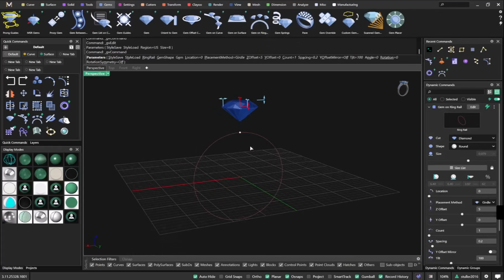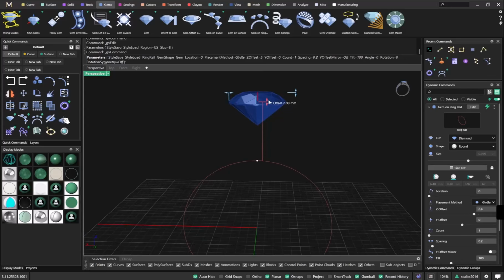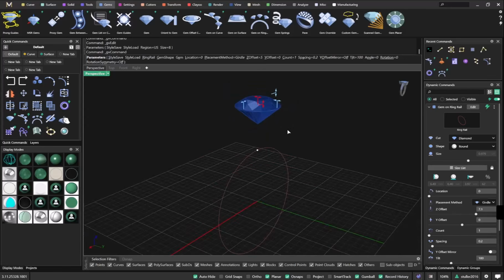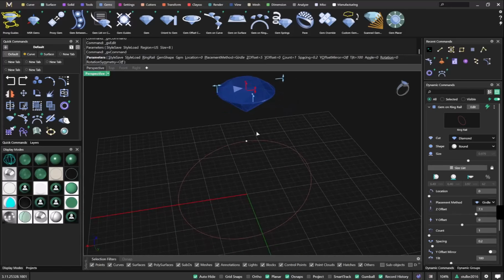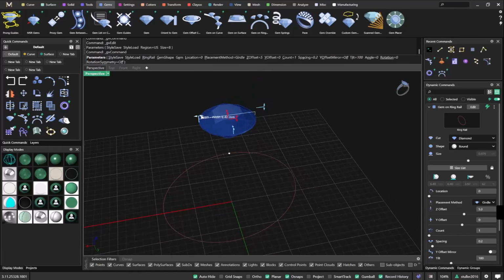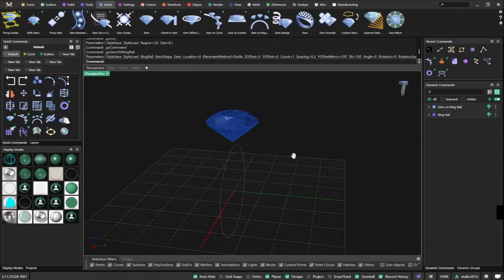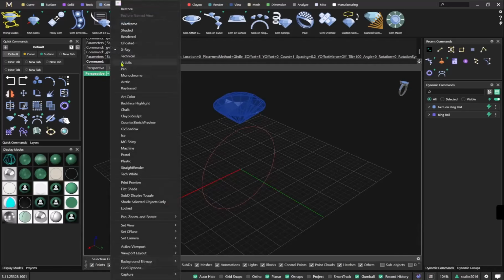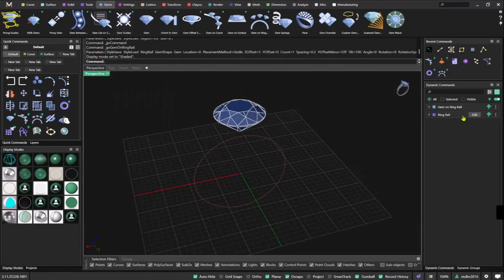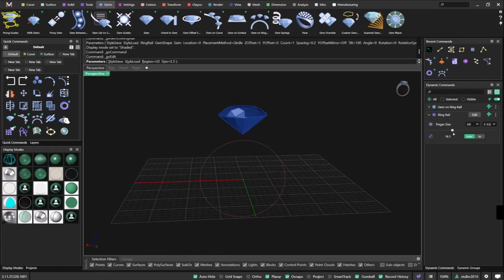So if I click on that one, it creates a gem connected to the ring rate. So as you can see, the location of the gem is connected to the ring rate. So as you can see, you can control it from here, here, and here, right? So this is a parametric feature. So if I go to the ring rail, edit it, and then I start moving the ring rail, the gem starts moving and keeps